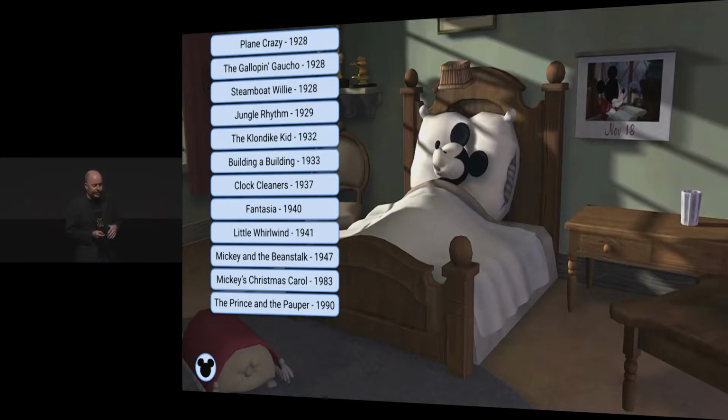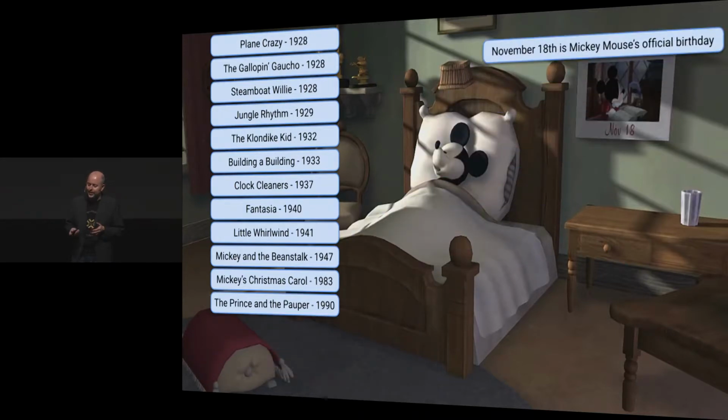But what you may not have noticed is that the calendar is actually telling a story within the opening movie. We chronologically took a screenshot from each of Mickey's cartoons from the past to tell the story of time. But we also, from those screenshots, show Mickey getting sadder and sadder in real time as he morphed from the 20s and 30s cartoon hero to today, kind of a park icon, in Mickey Mouse Clubhouse just for the kids. And then further attention to detail, the calendar date that it ends on is November 18th, which just happens to be Mickey's birthday as well. This is the level of thought that goes into designers